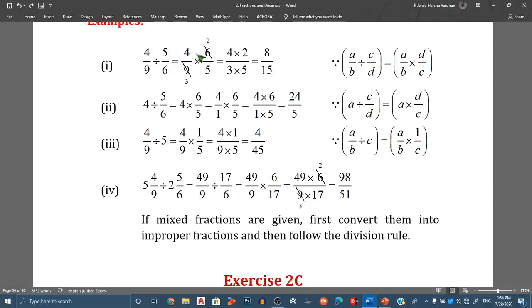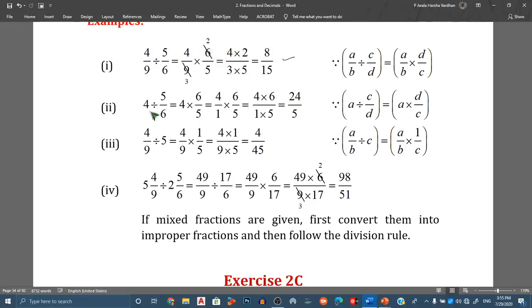Okay, now you can multiply the numerators and denominators: product of numerators by product of denominators. Here you are using the multiplication properties because it is converted into the form of multiplication of fractions. Divisions, you cannot do directly. First you have to convert them into the multiplication form and then use the multiplication properties. So now the product of the numerators by the product of the denominators, which is 4 into 2 by 3 into 5, gives 8 by 15.